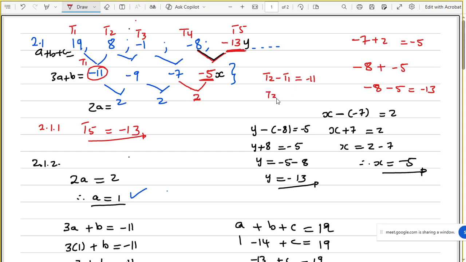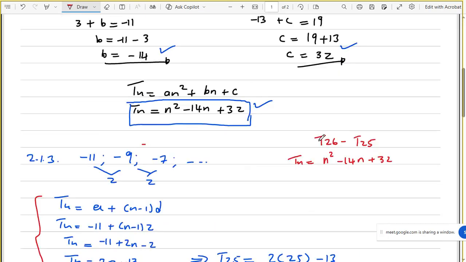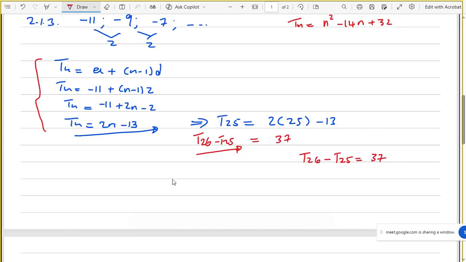When I say T3 minus T2, I get what? 9 minus 9, which is your T2 of your first difference. Look at this, it's your T2. That was T1 of your first difference, T2 of your first difference. Look at this: T4 minus T3 gives me T3 of your first difference. Therefore, we can conclude and say that if we say